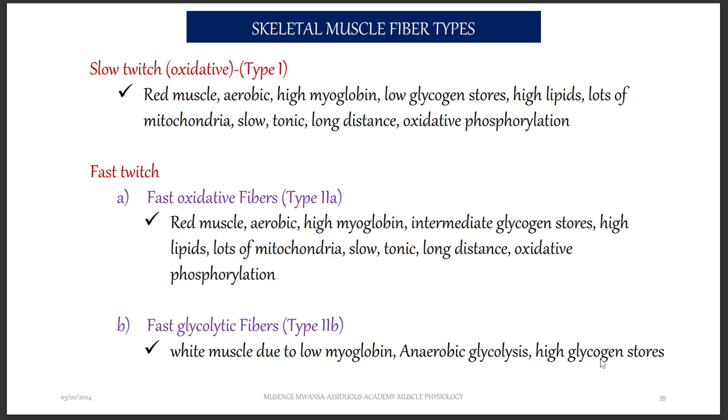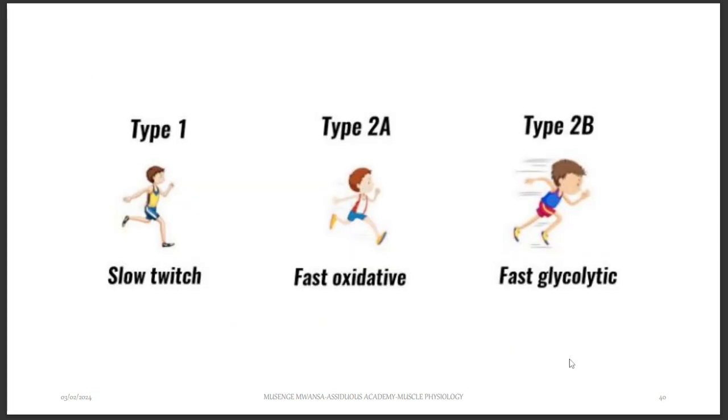They highly depend on glycolysis. They also have a high glycogen content. So meaning that because they have high glycogen content, they'll depend on the breakdown of glycogen instead of oxidative phosphorylation for energy. So you can see the slow twitch, this one,